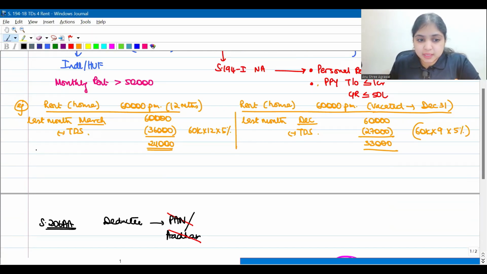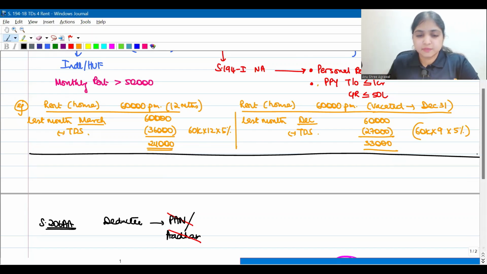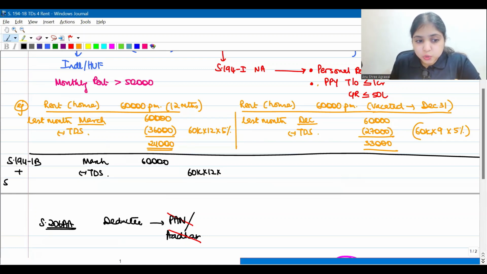So let's say the same thing, the last month. What is the last month again? In the first example, the last month is March. So in the month of March, 60,000 is the rent. From this, we will deduct TDS, right? TDS is going to be 60,000 for the entire year into what? Not 5%. If we apply 194IB plus 206AA, if we combine these two sections, the TDS rate will become 20%,